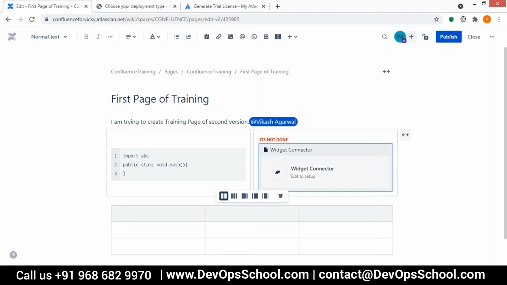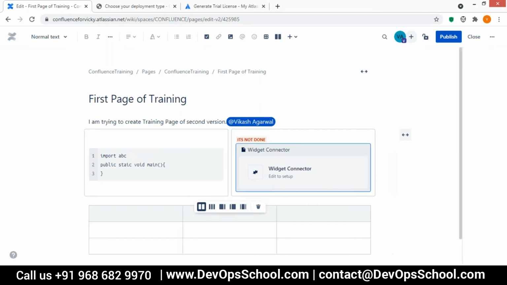When you click on this, the widget connector is used basically if you want to add a video, a macro for that purpose.